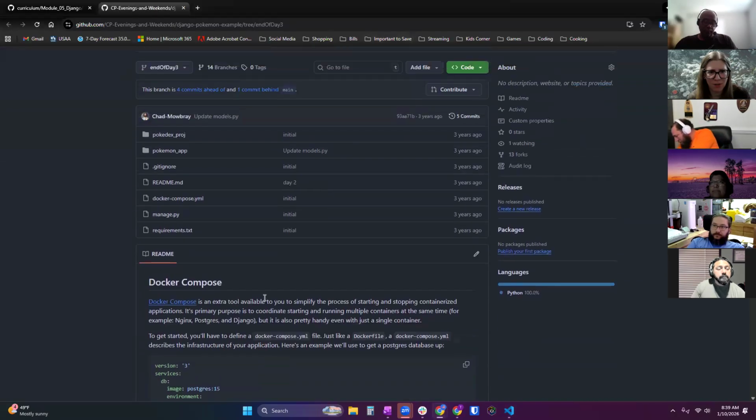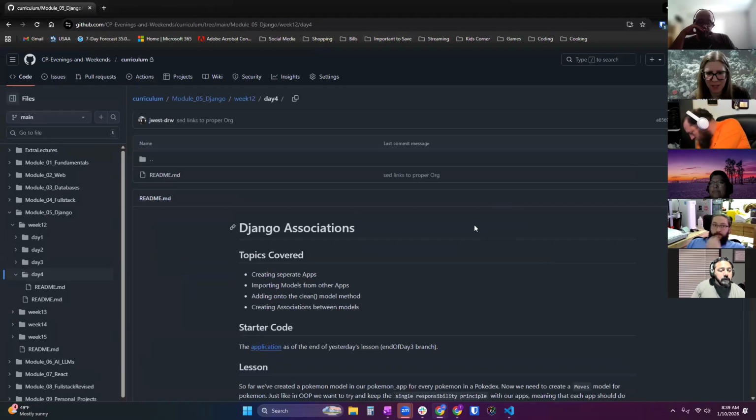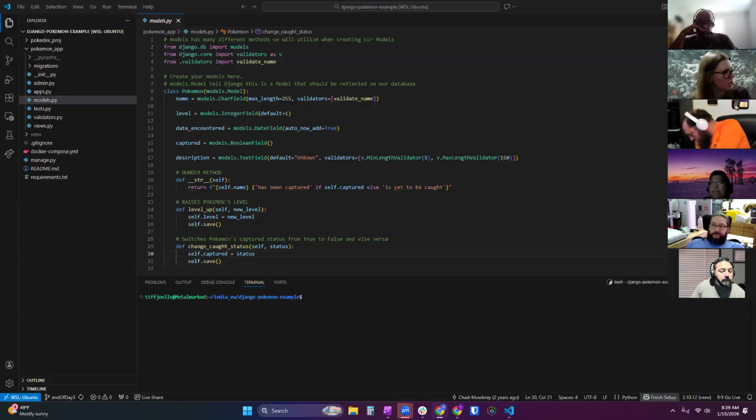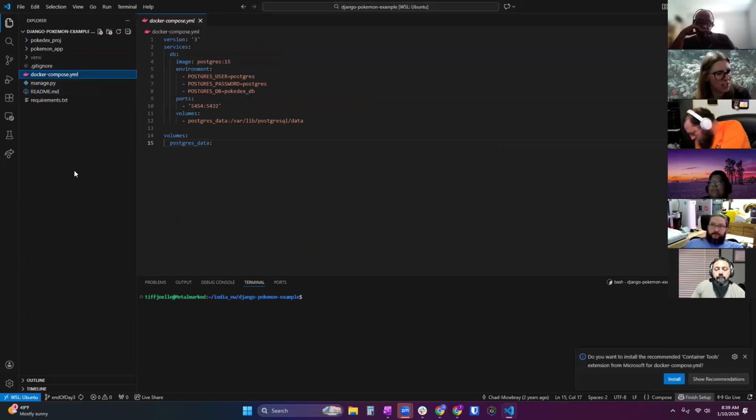We're going to be following the README verbatim, but I will be making a couple of little changes along the way. This Django application that we've started is using a Docker Compose. Did y'all look into this when you first started working in this Django Pokemon example? Yeah. Hopefully. Okay, good. Right now our Docker Compose is just running from an image.